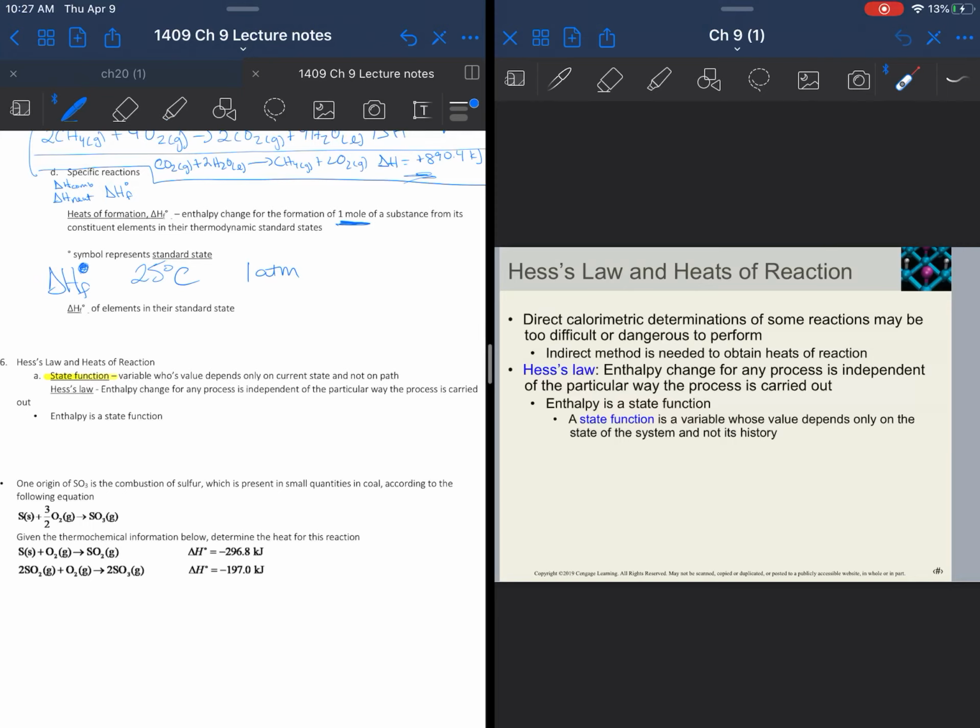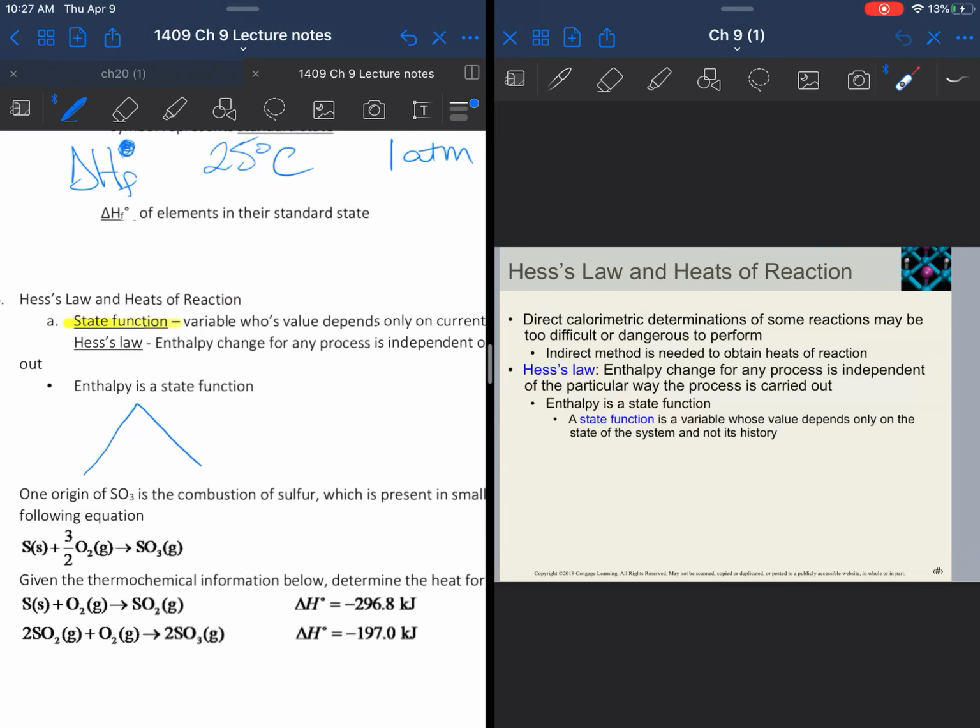A state function is a variable whose value depends only upon the current state, not how you got to the current state. So a really general example I like to start off with is, let's say we're all going to go hiking and we're going to go up this mountain, and you folks with your young knees, right, you're going to go straight up the mountain. I, on the other hand, am going to take a more meandering, less steep path, and I'll meet you guys